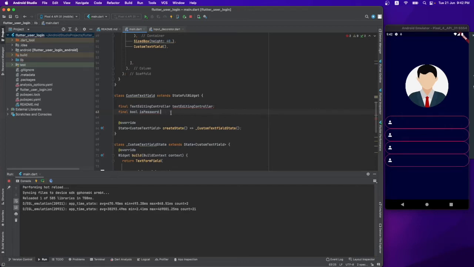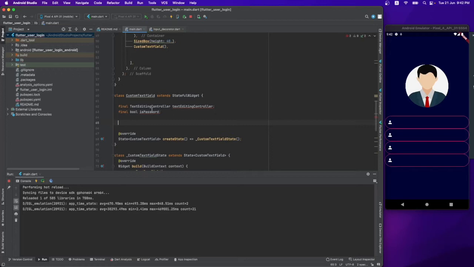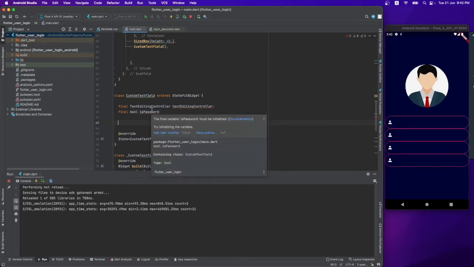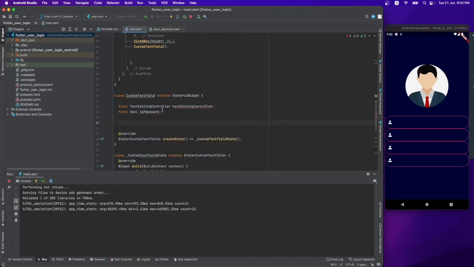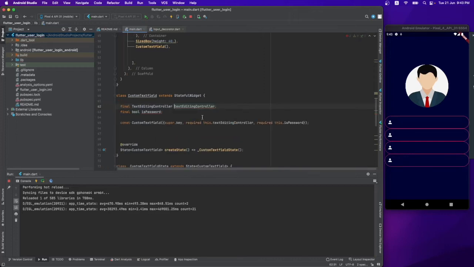Okay, now it is giving us the warning because we have declared the final variables. There are two ways to solve this. Either we can change or apply a late property, but in this case we need to initialize some variables, so that's why we are going to create constructors. In the more options, it will give you the create constructor for final variables. Okay,